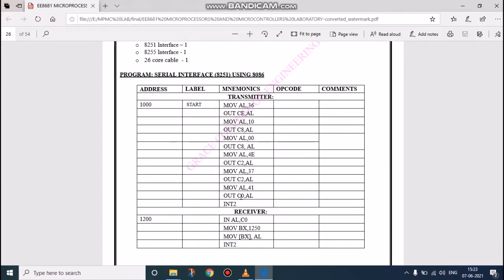Okay, then this is a program for serial interface. Now we are going to create the first control word. Okay, control word, and this control word is moving to the port CE, and these are all the inputs which are used to